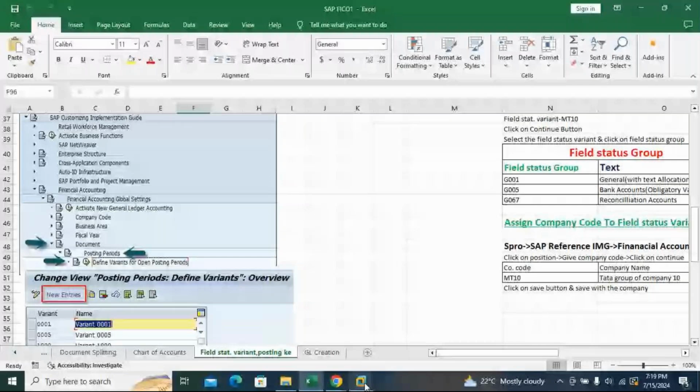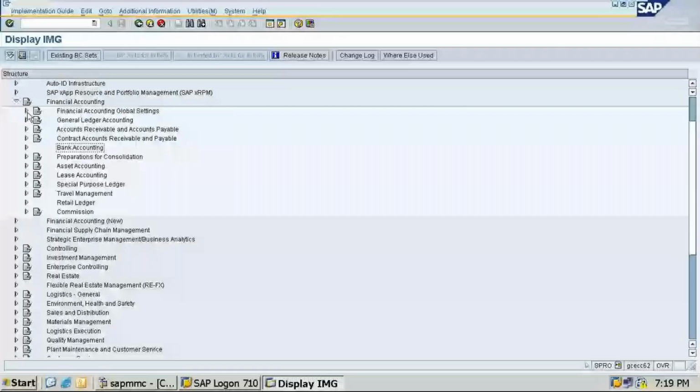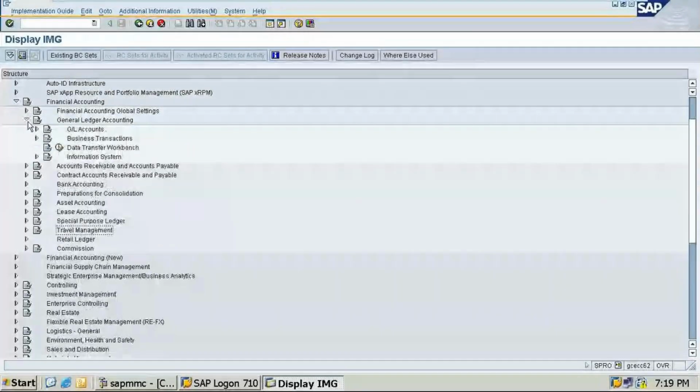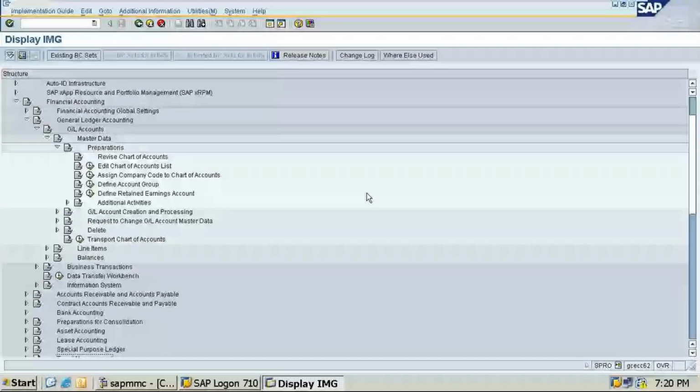What's the procedure here? So go to the financial accounting, general ledger accounting, GL account, master data, preparations. See that path. So you have to go to SPRO, SAP Reference IMG, financial accounting, then general ledger accounting, chart of accounts.